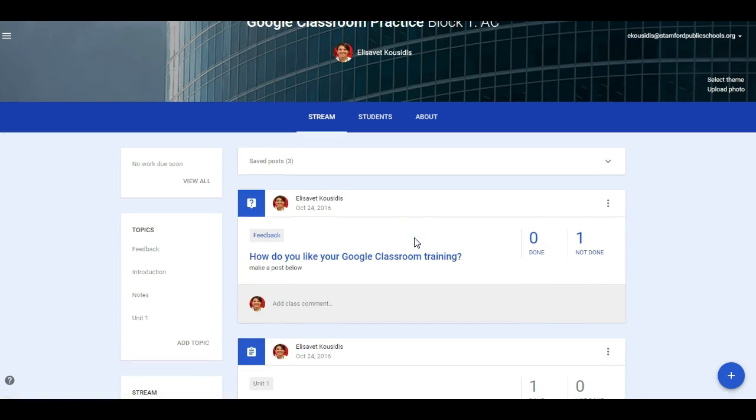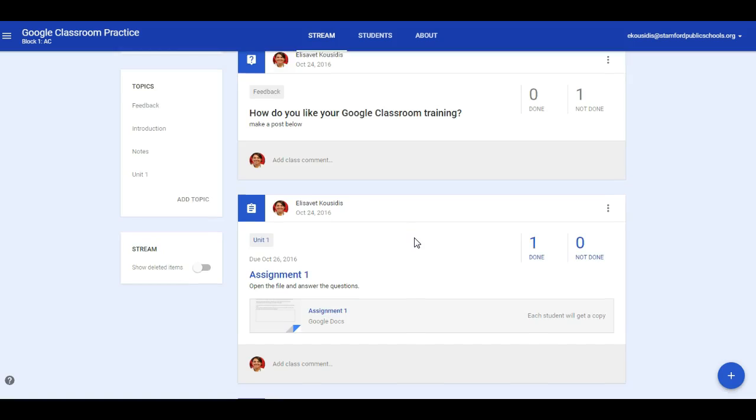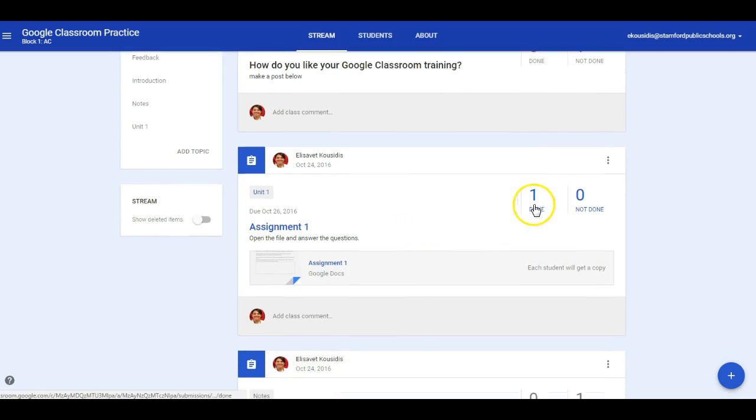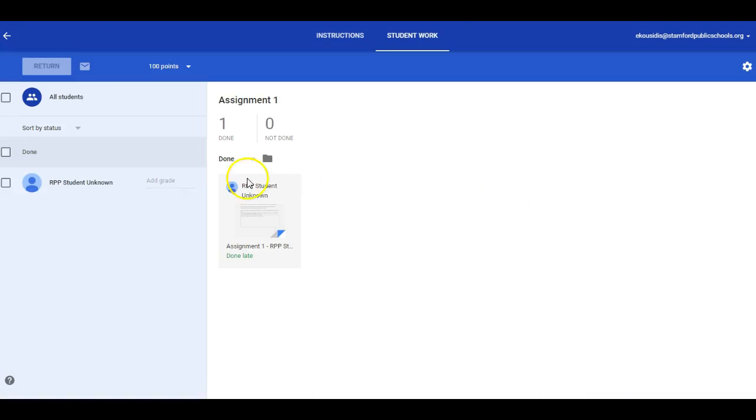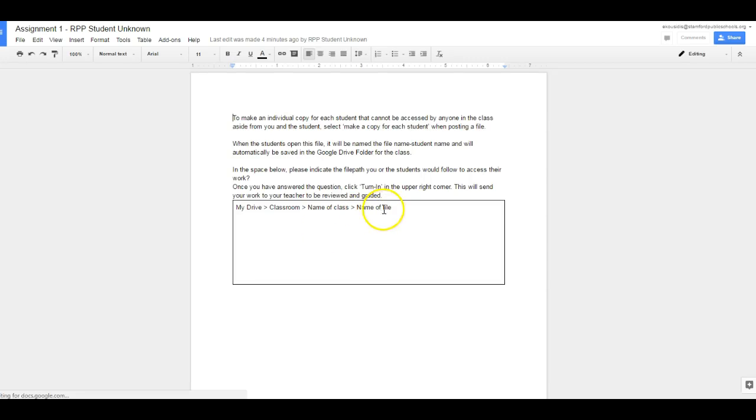And I need to find assignment 1 so that I can take a look. And as we can see here, here's assignment 1 and it shows me that 1 has been done for the student that I have in this class, which is me. So I can go ahead and click here where it tells me how many are done. And then we have the generic student account that's showing up there, and this is the assignment that they've turned in. So let's go ahead and click that so I can show you that you can add some comments here